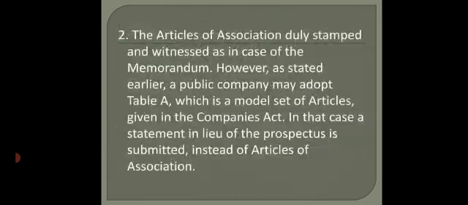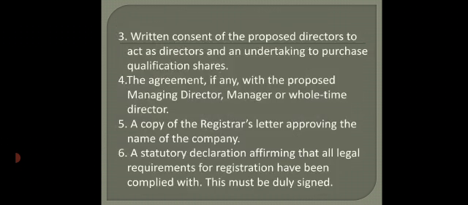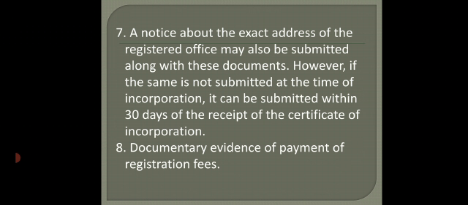So the first document is the memorandum of association, the second one is the articles of association, then the written consent of proposed director, agreement, a copy of the registrar's letter approving the name of the company, statutory declaration, notice about the registered office, and the registration fees. So these 8 documents need to be submitted to the registrar of companies with an application to get